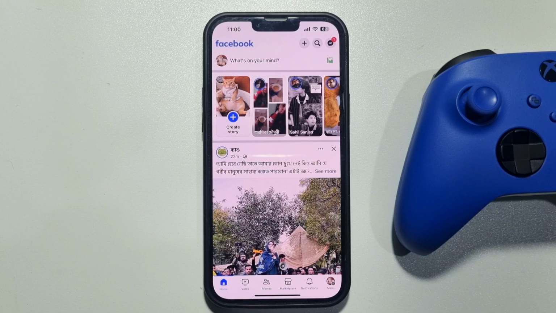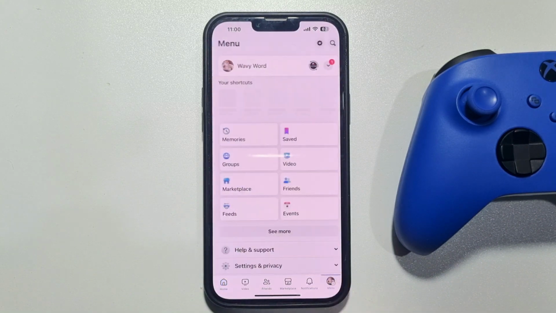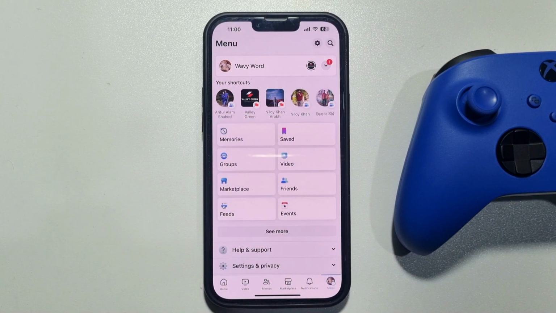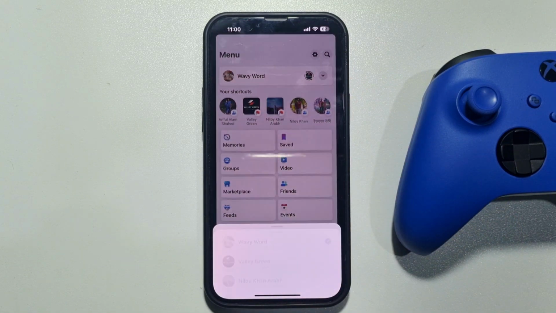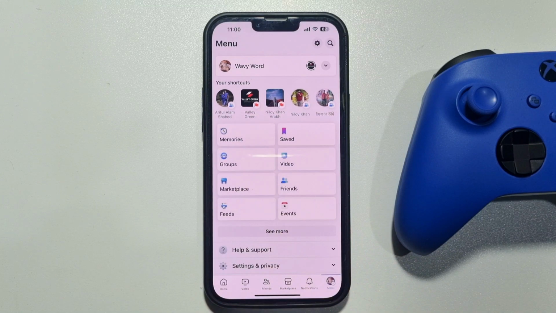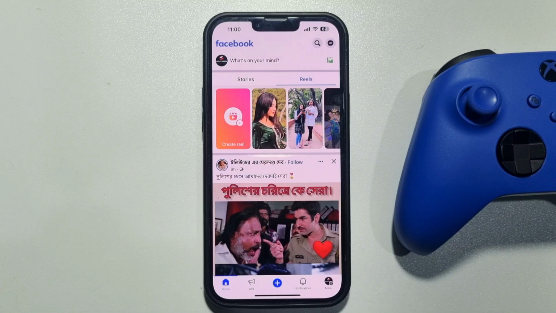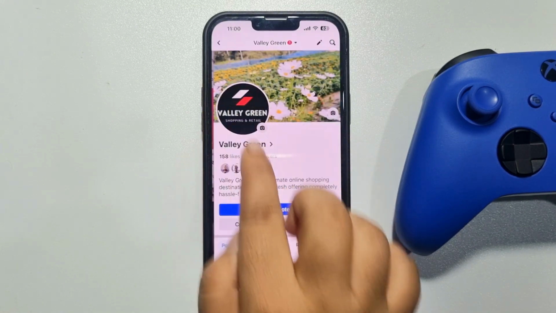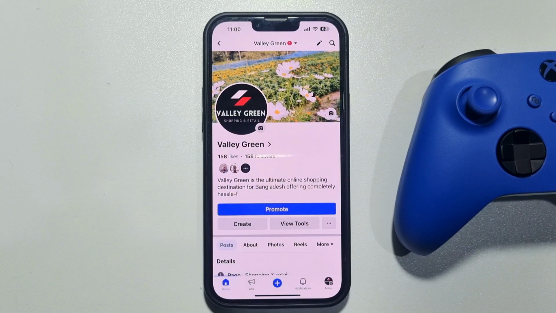First of all, we need to switch to the Facebook page. So tap on this menu and tap on this arrow icon and select the page. And now go to your page profile and tap on this three dot